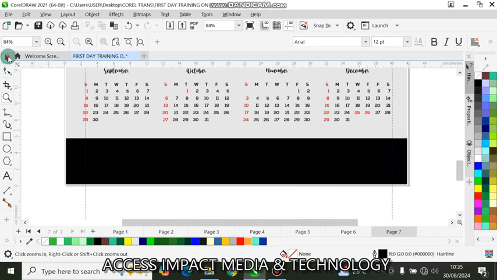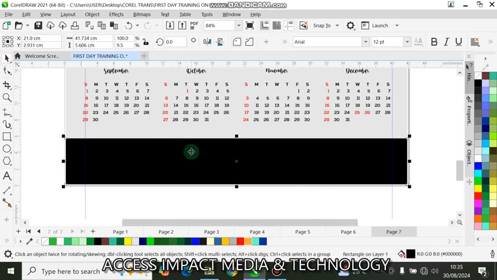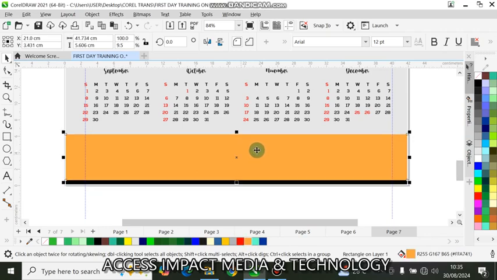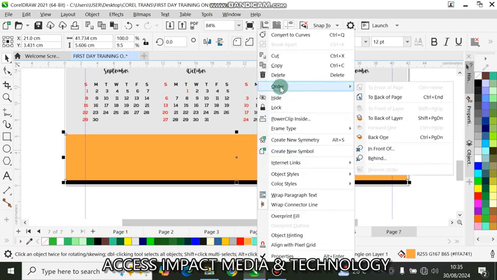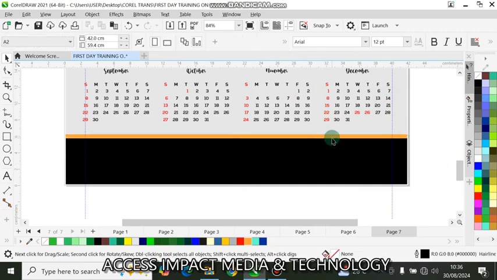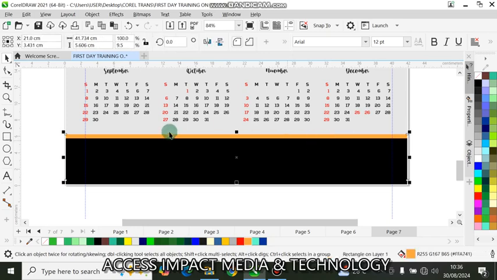And here I'm going to double it, Ctrl C and Ctrl V. So I'll color the second one yellow. I'll take it up a bit, right click, order, back, Ctrl Page Up. So I have this,